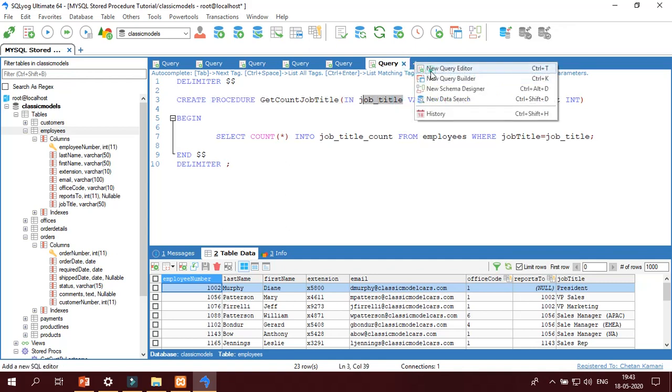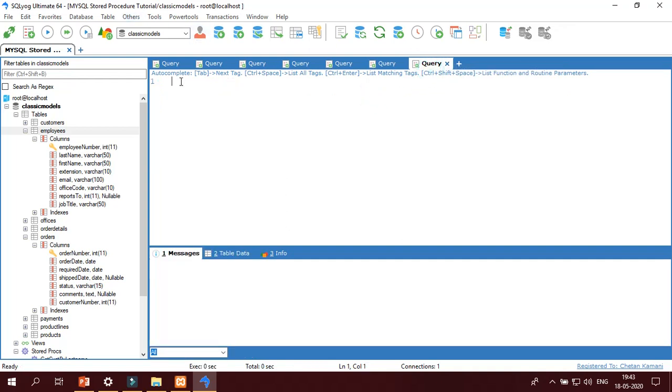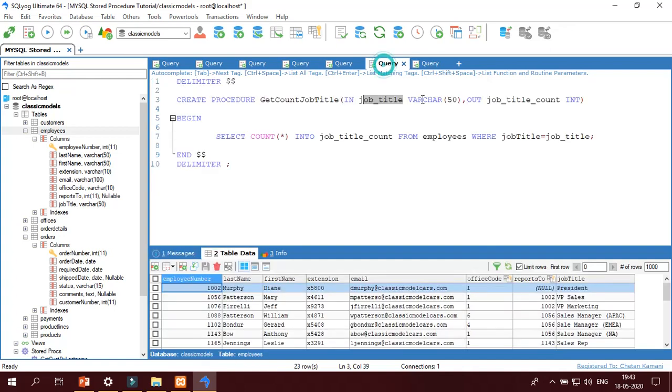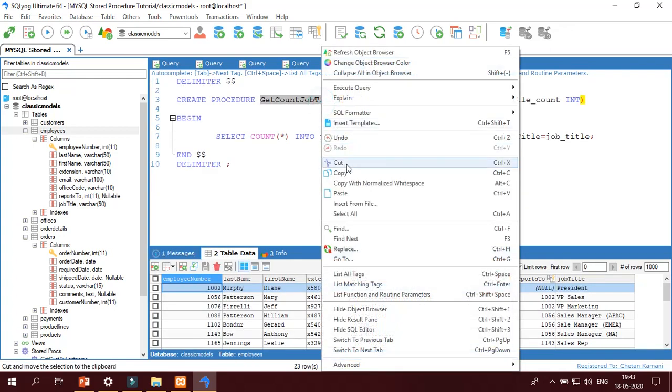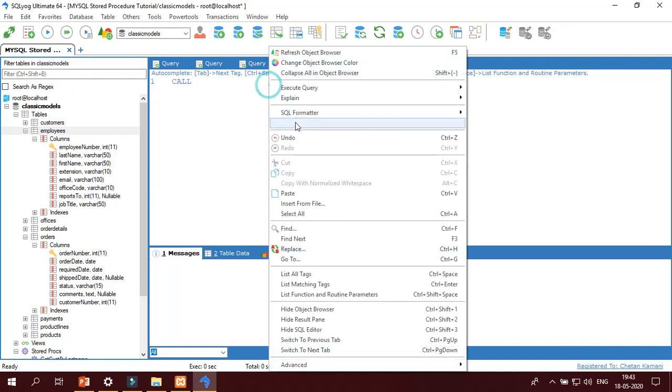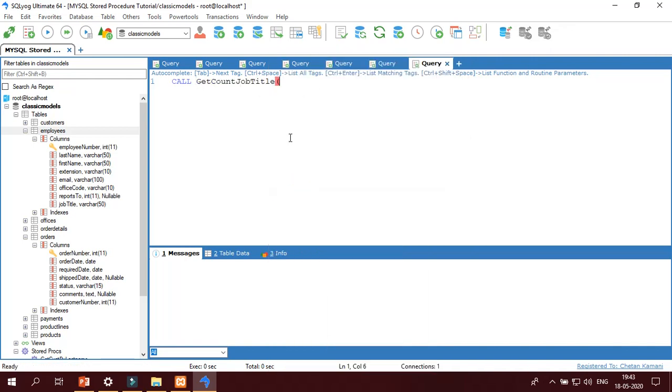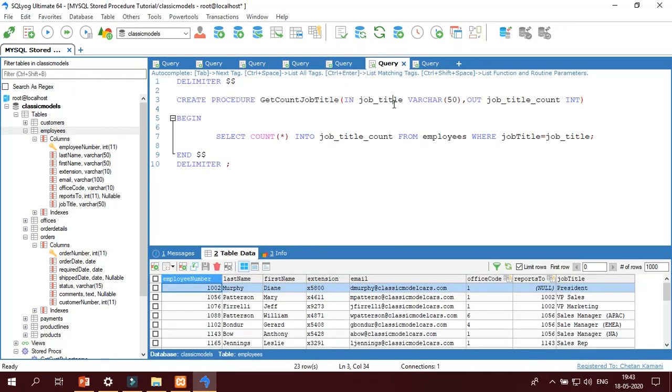New query editor, call. What is the procedure name? Get count by job title. First we have to specify the job title.